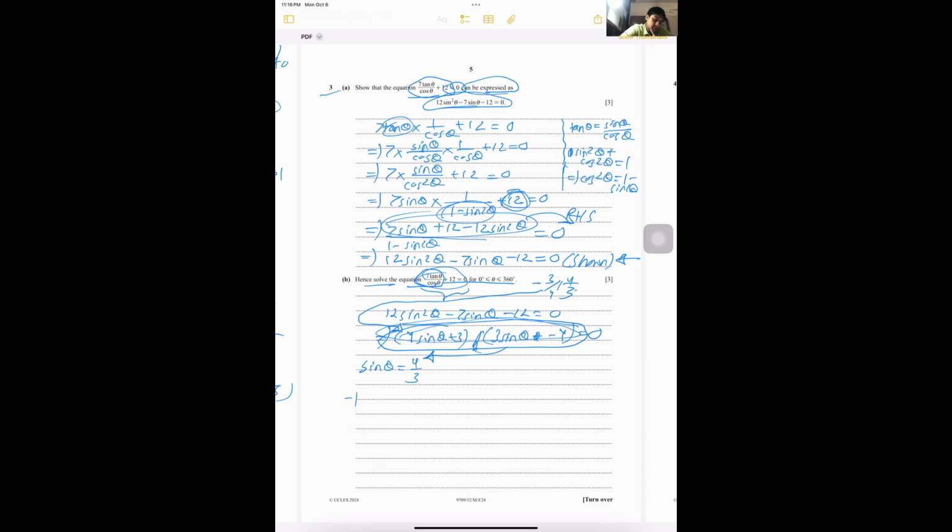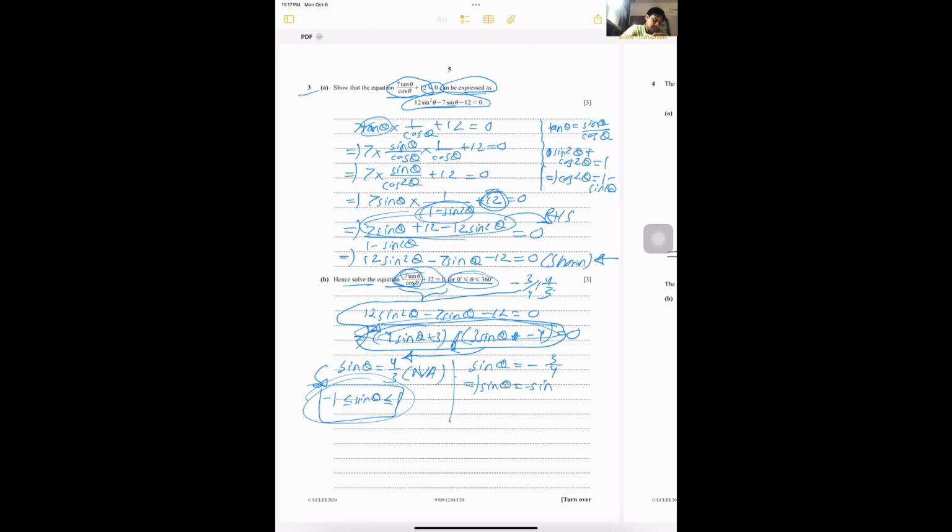So we know that sine theta falls in this range always. So this thing is not applicable, and this is the explanation. Give this explanation, must. And the other way is sine theta is equal to minus 3 by 4, which is sine theta to minus sine. Just do sine inverse 0.75. Since it's degree, keep your calculator in degree mode and just write